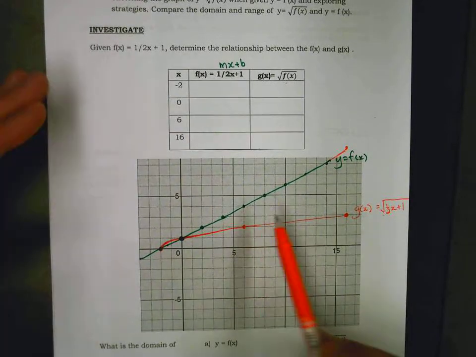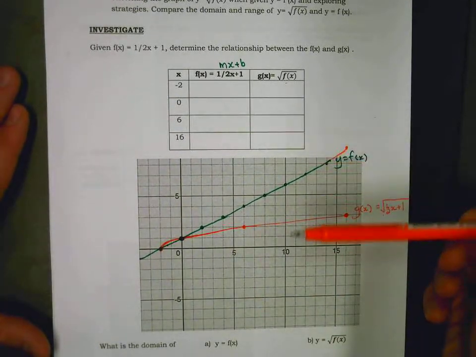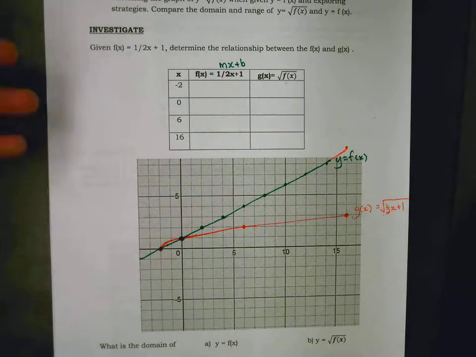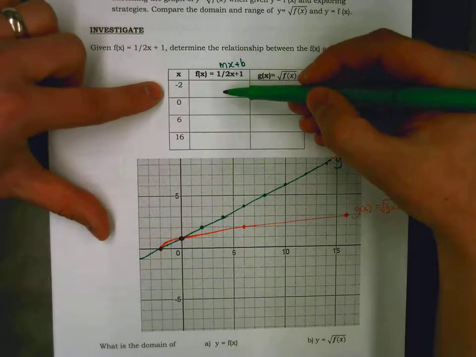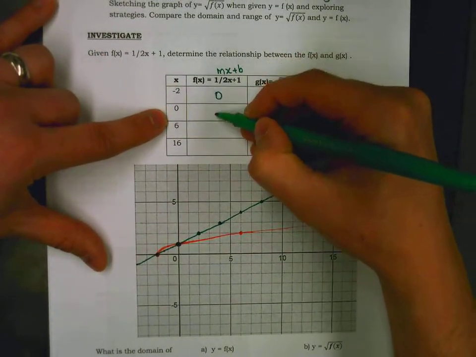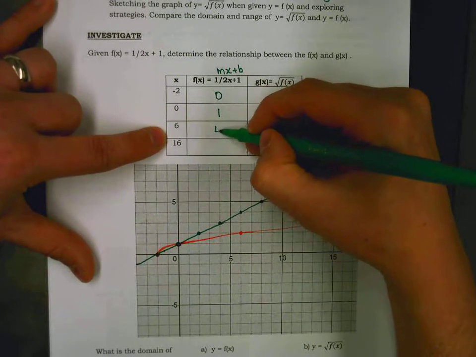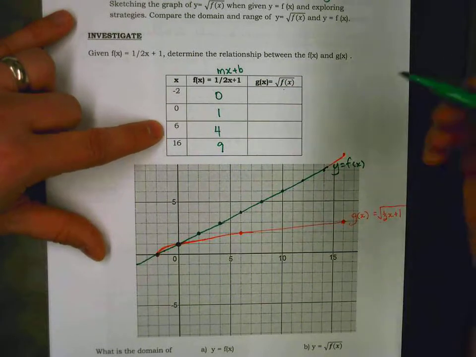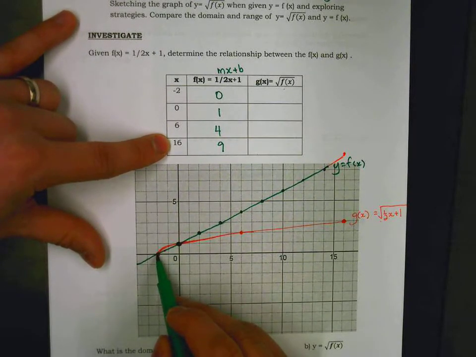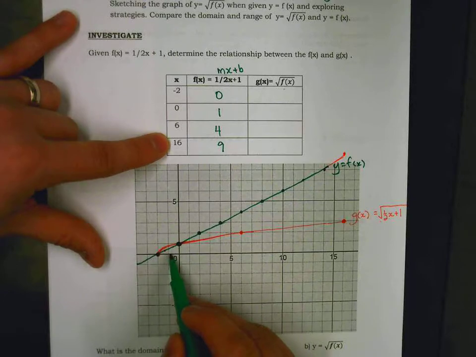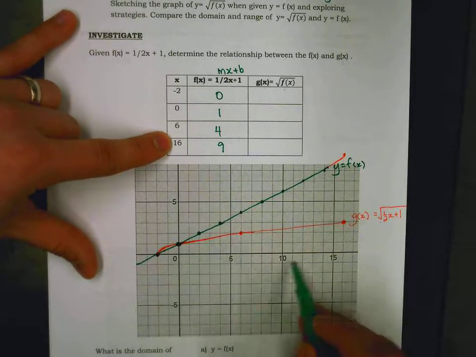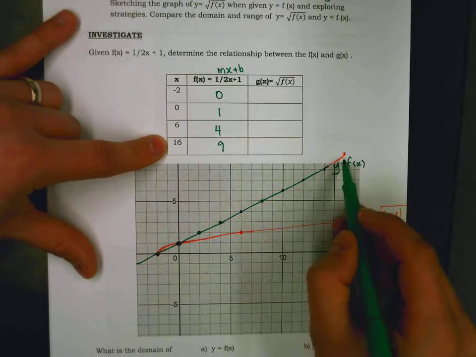We'll stick with a different way of thinking right now and talk about vertically square rooting y values. Now, if we had chosen to pick x values and plug them in, we would end up with some values like 0, 1, 4, and 9. I chose very specific x values, like negative 2, which gives 0, then 0, which spits out a 1, 6, which spits out a 4,